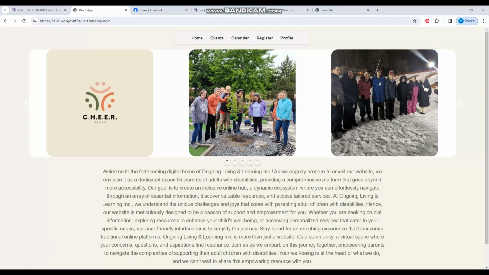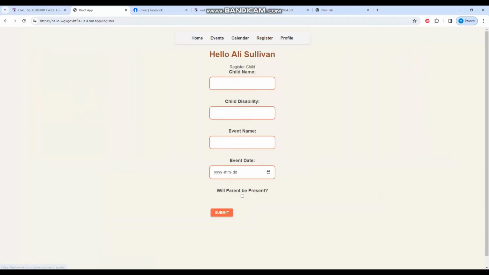The final part that has been implemented in the parent website is the ability to register the child for an event. So if I click on this register tab, it will say that I'm logged in as Ali Sullivan, and I can register my child for an event. So after looking at the calendar, I can see upcoming events, and then I can put information about my child, and the event name,